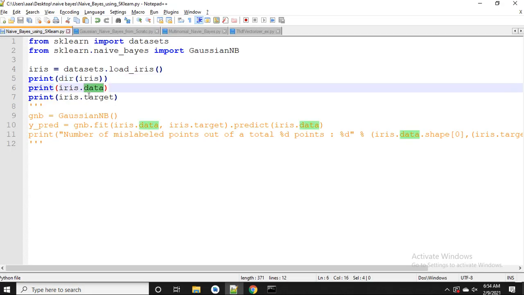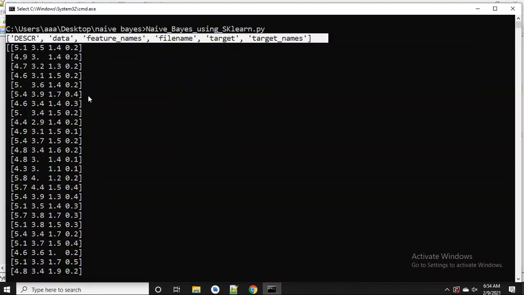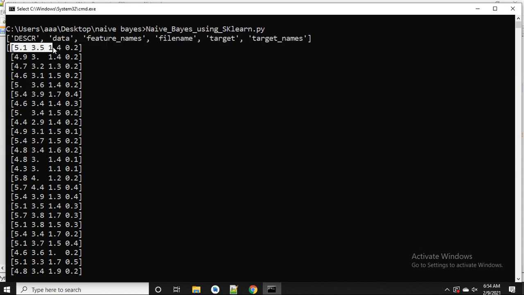So it's nothing but an ND array. ND array in the sense you can simply say that it may be a list of list, or list of list of list, something like that. But here it is actually a list of list. That means a two-dimensional ND array. And two-dimensional in the sense 150 rows. As we know, 150 records are there in iris and 4 features are there: sepal length, sepal width, petal length, and petal width. So just check, I have four columns available. In short, in this ND array, I have 4 elements. These are the features for the first record. This is the feature for the second record, third record, and so on. So in total we have 150 records.